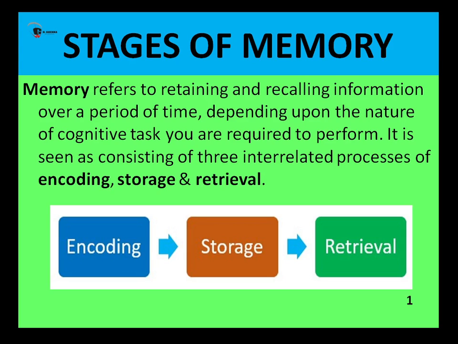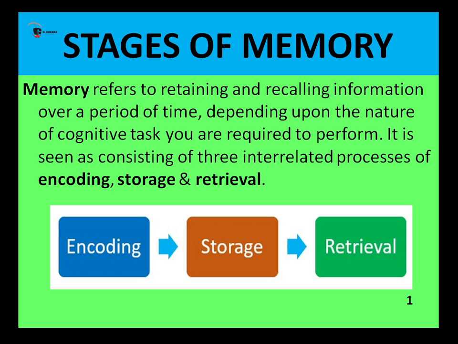Yes, it has been stored there, as per the second stage, it has been retained, it has been absorbed. Now I can only use it when I'm able to recover it, when I'm able to recall it. So through this retrieval, which is the third stage, one is able to bring this stored information to one's own awareness, and it can be used to perform various cognitive tasks, such as problem solving, decision making. These are some of the most important cognitive tasks.